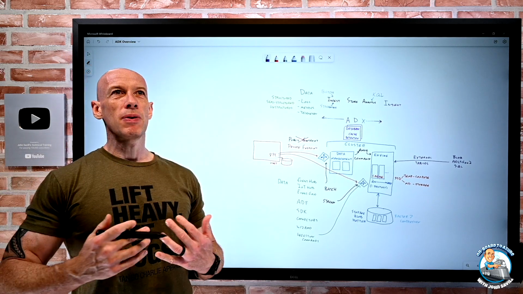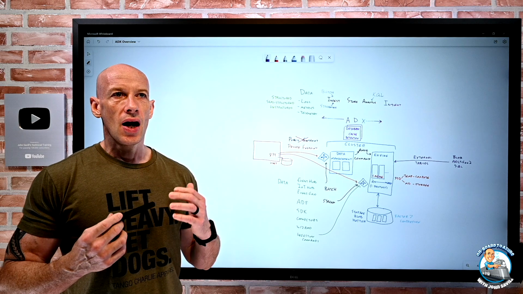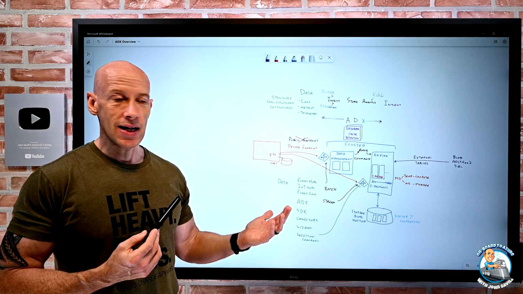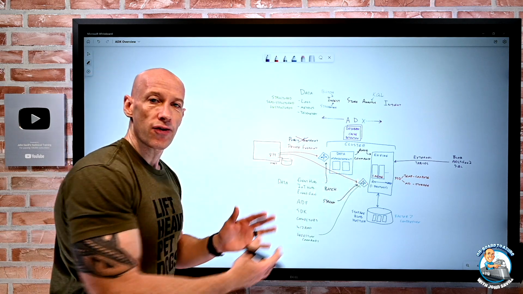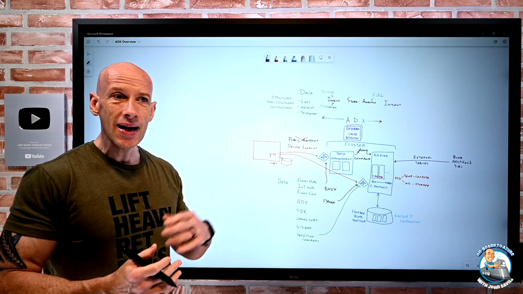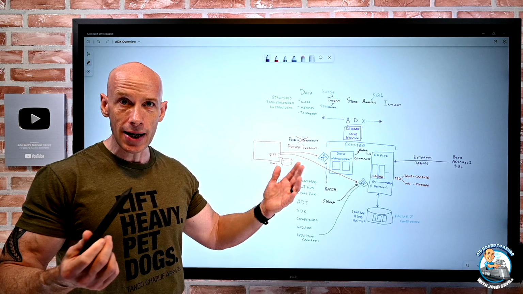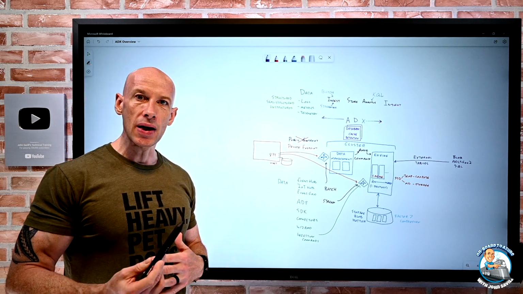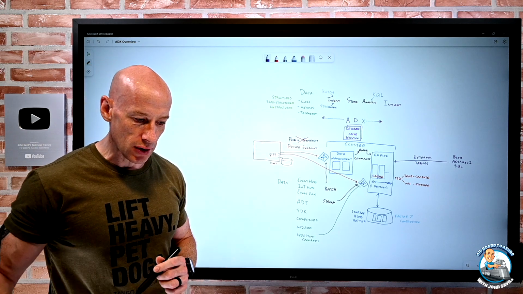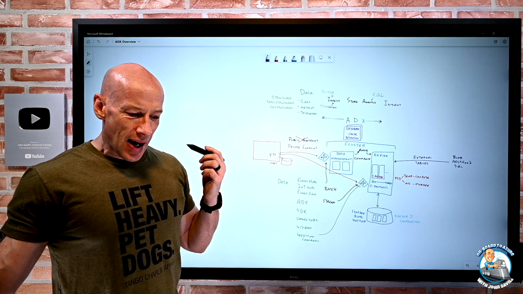For most people, if you want to just start playing with it, I would use the free ADX cluster, because then it is the full set of capabilities, and I can test out various different things against it. It's online. I can try out the different APIs. I have all of that sort of goodness available. And realize,